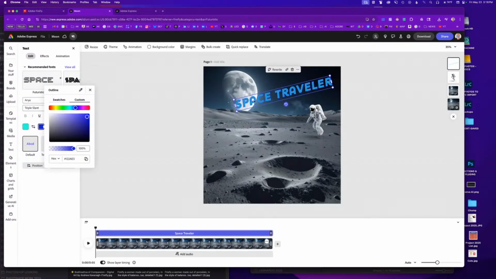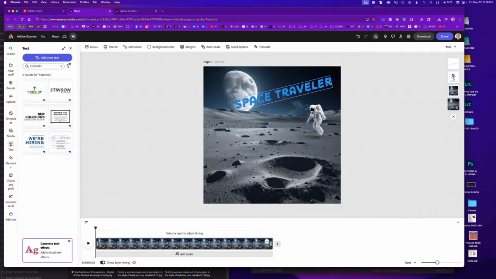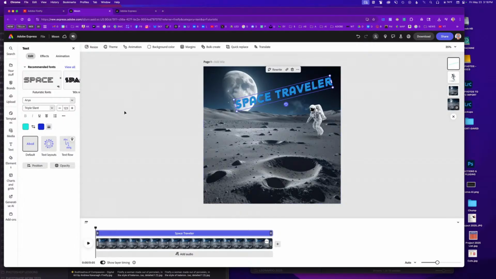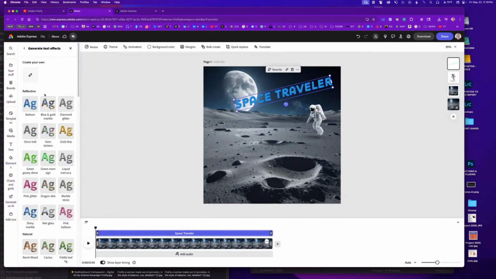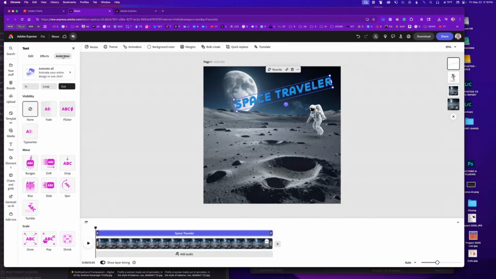So yeah, a light blue for the font itself, and for the outline, a darker blue, which offsets it nicely. And then, once I have that, I'm at the beginning of my timeline. Once again, you can do effects. You can do generate text effects, like a generative AI type of look, or you can do shadow, and you can even put it in a shape. If I go to view all, you get all the different options. And in this case, I want to go to animation again. So for in,